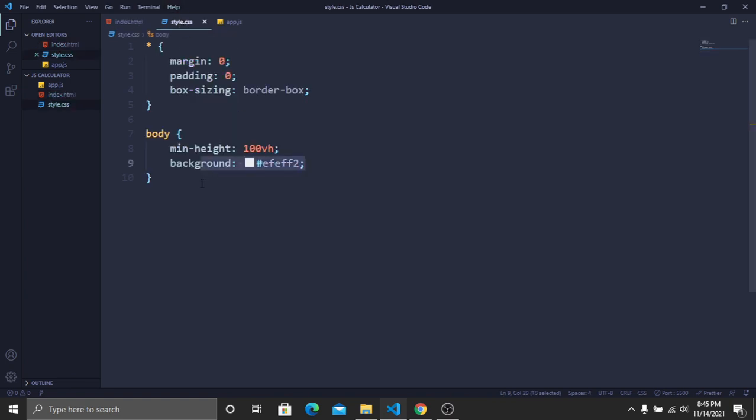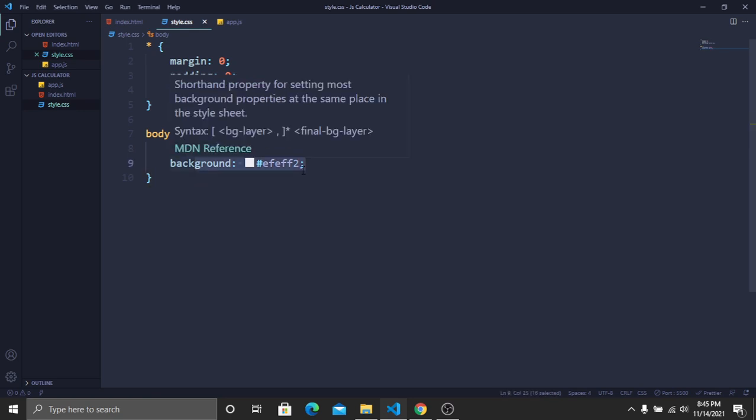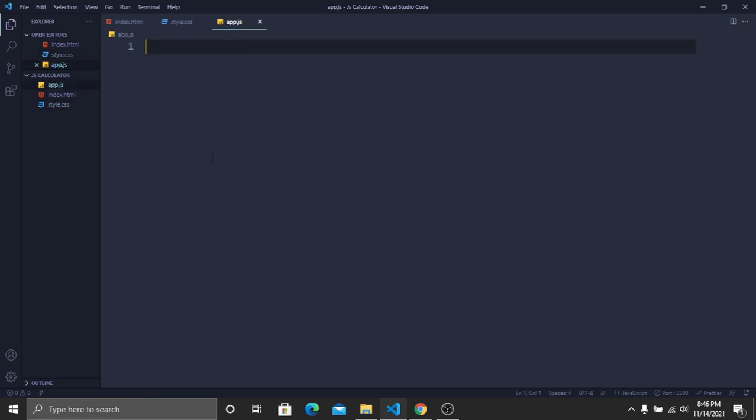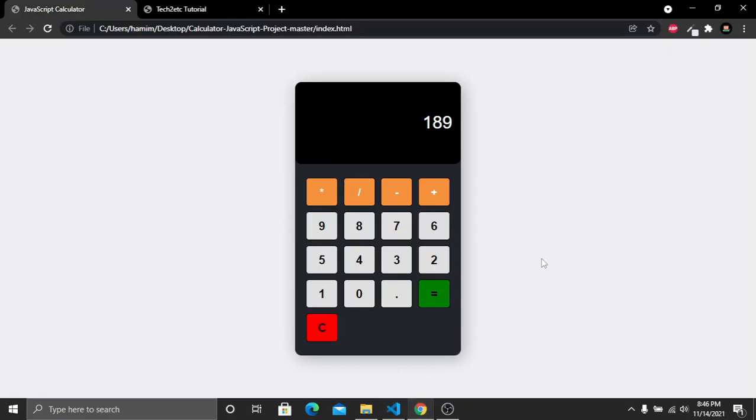And inside our style sheet, you can see that inside our star selector we have margin 0, padding 0, and box-sizing border-box. And inside our body we have a height of 100vh, and we have a different background color. And if I go to my app.js file, you can see that it is empty right now. And if I go to my website,